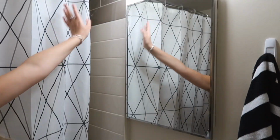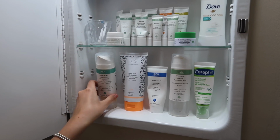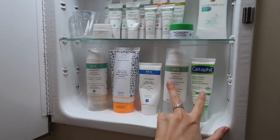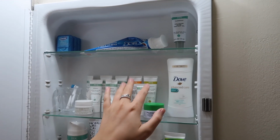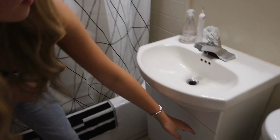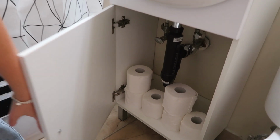And then this is the mirror, but inside we have more storage. This is an exfoliator thing. These are my nighttime skincare routine, and this is my morning skincare routine. Over here I have my toothbrush tip, face masks, deodorant, floss, toothpaste, and my acne gel. And then at the bottom of the sink under here I have my toilet paper stash, and this is my